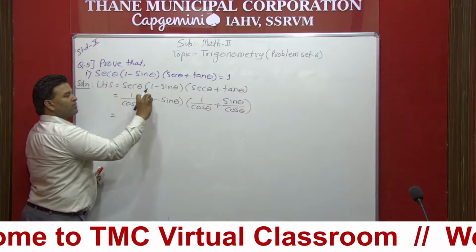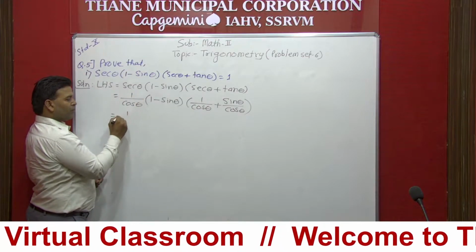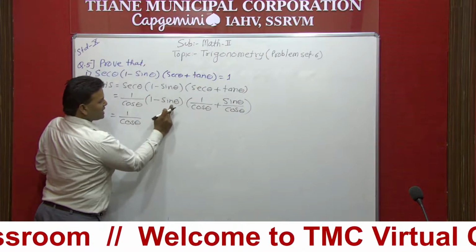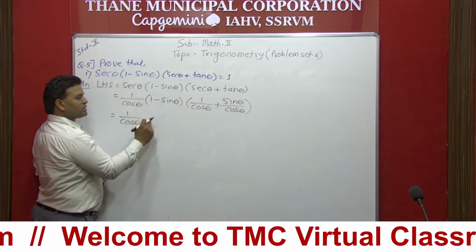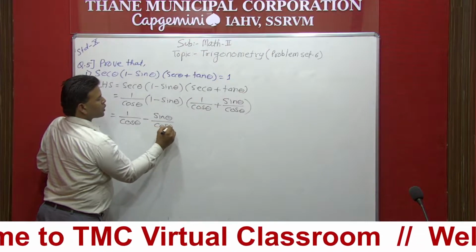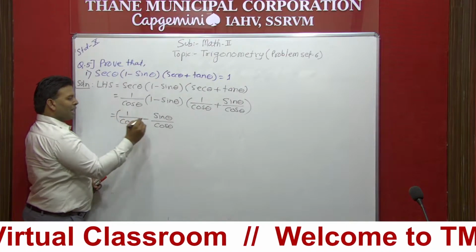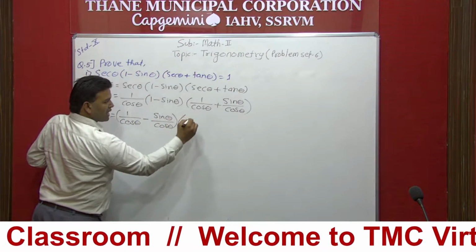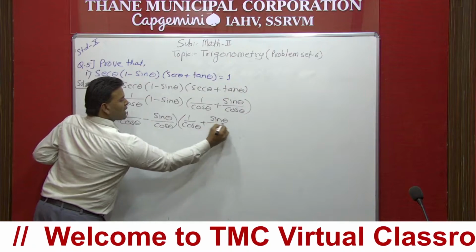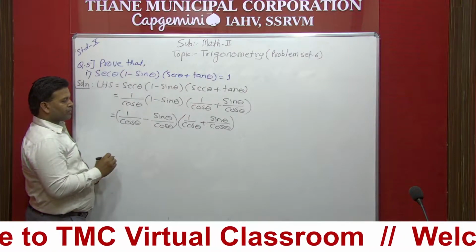We will multiply this one with this as well as this. So 1 into this is always the same number, that is 1 upon cos theta. Now we will multiply this one with this. So here sine theta will get multiplied with 1, and this sine will remain as it is. Here sine theta upon cos theta. Sine theta will get multiplied with 1, so 1 upon cos theta. Let me write down inside a bracket. Now here this I will write down as it is: 1 upon cos theta plus sine theta upon cos theta.